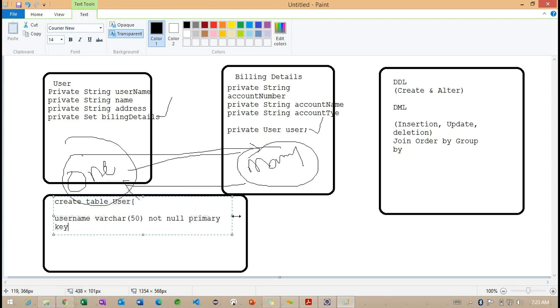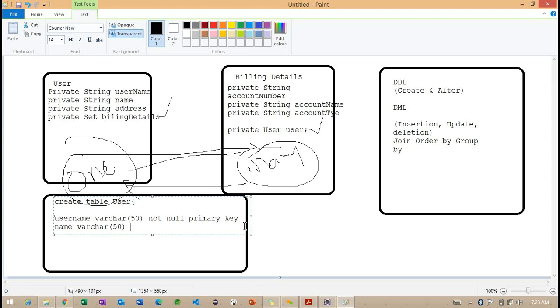So this section we are going to specify. Getting the point. Whenever we create the user table, the username is the primary key information, and later we are going to have some other columns here,